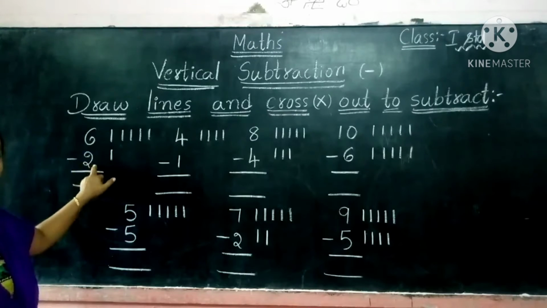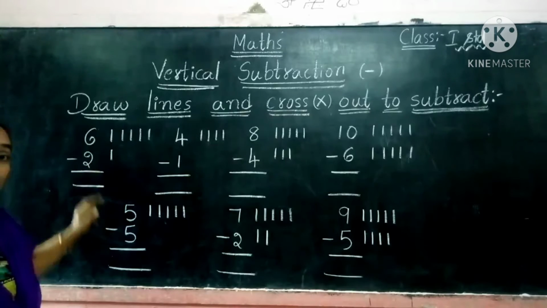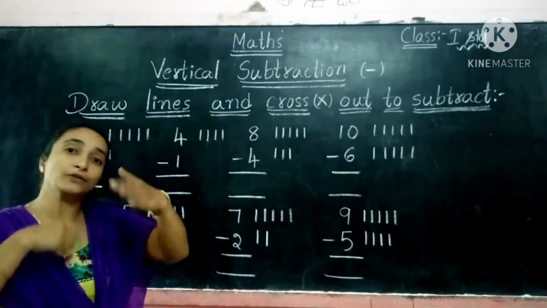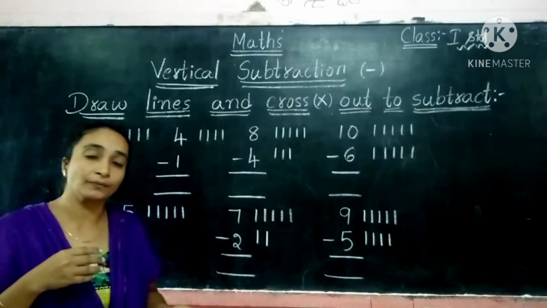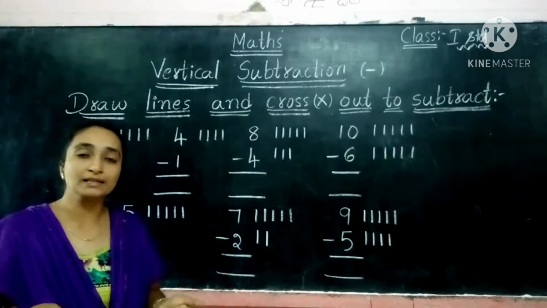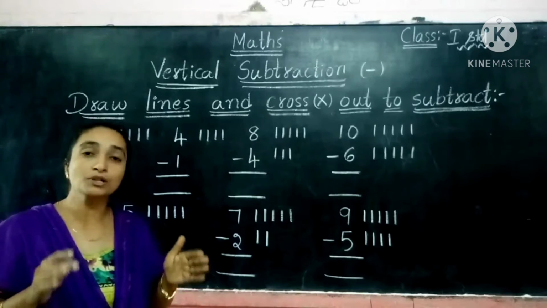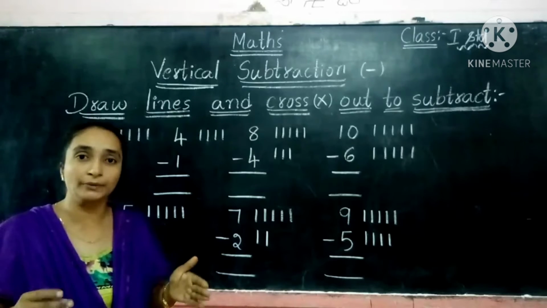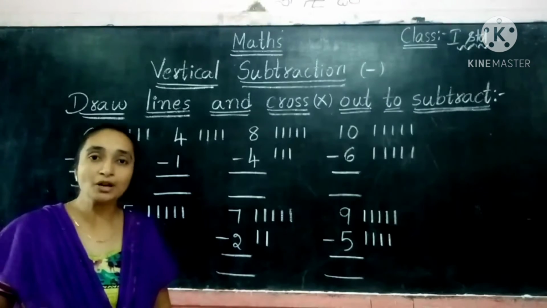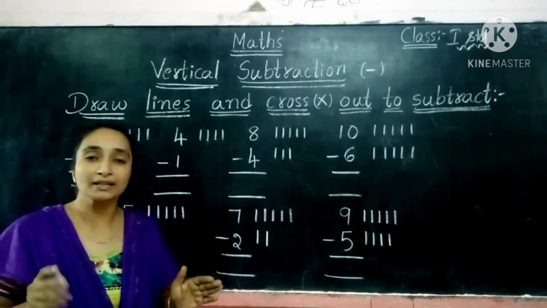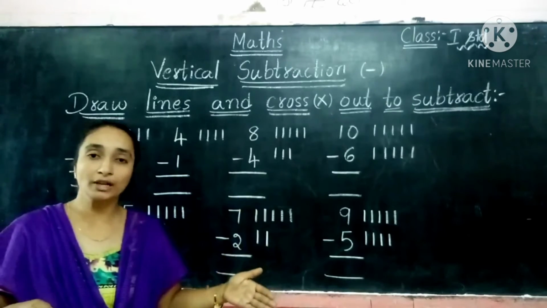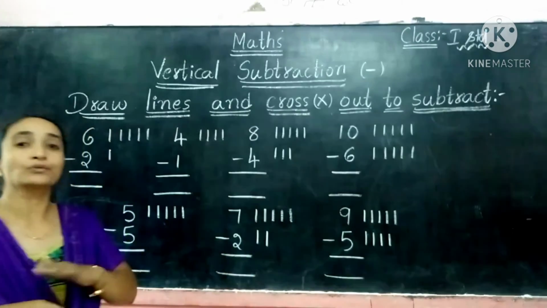The second number's lines we don't need to draw. In addition, we have to draw the second number also, so altogether we count in addition. But in subtraction, what you have to do is just draw the first number, the big number, that many lines, and that's enough. And the second number, that many lines we have to cross out. It means in subtraction we are taking away. Okay? Taken away. So we have to cross out.